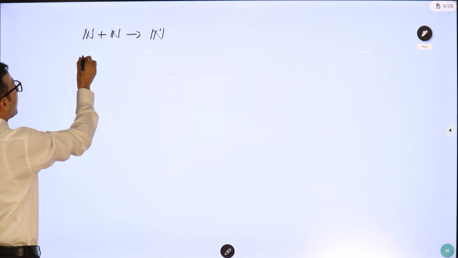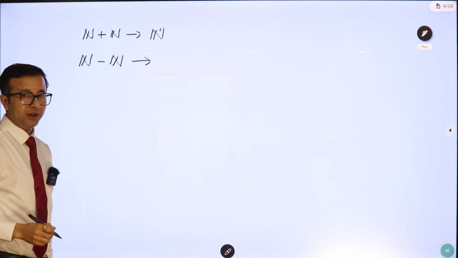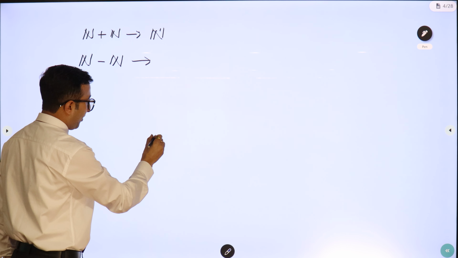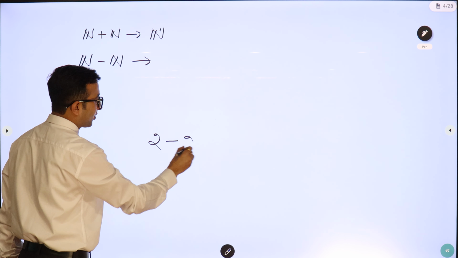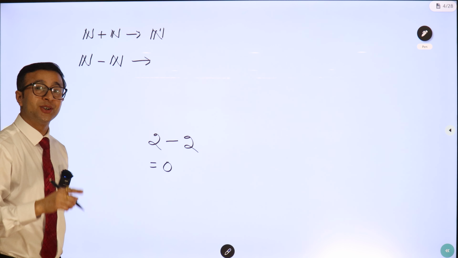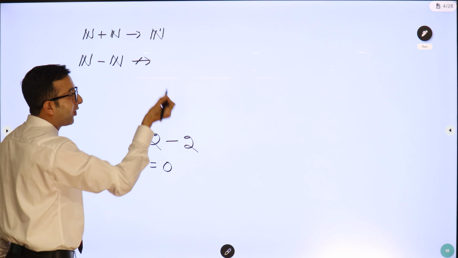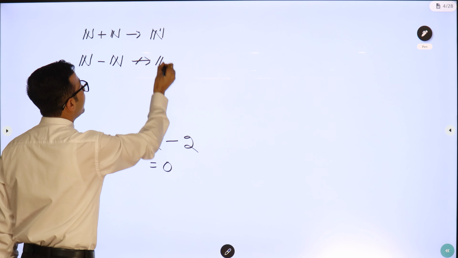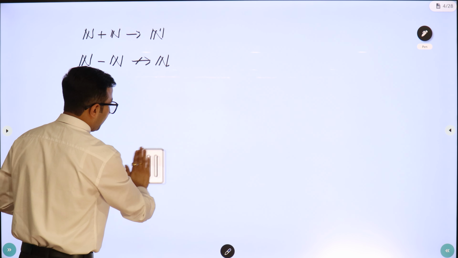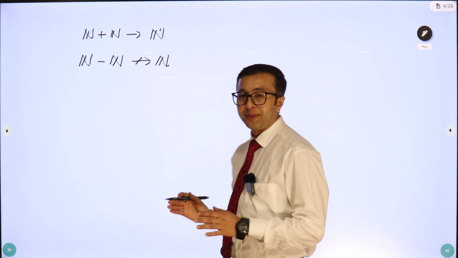Next, what happens if you subtract any two natural numbers? Will you always be able to get a natural number? For that, you choose one number as 2, another number also 2. 2 minus 2 gives us 0. But 0 does not belong to the set of natural numbers. That's why natural number minus natural number may not always be a natural number. Clear? So it is clear that addition of natural numbers gives a natural number, but the subtraction of natural numbers is not